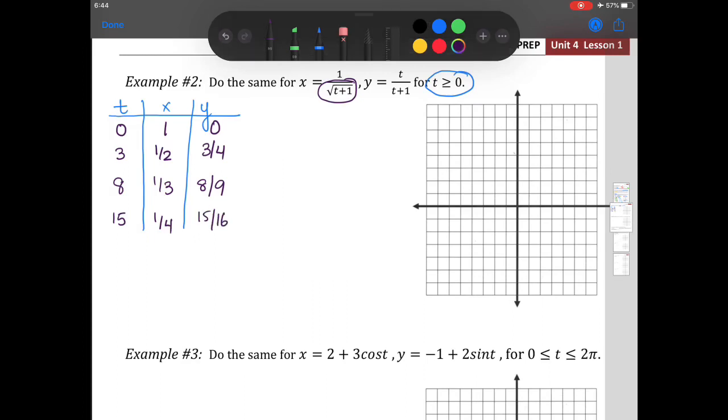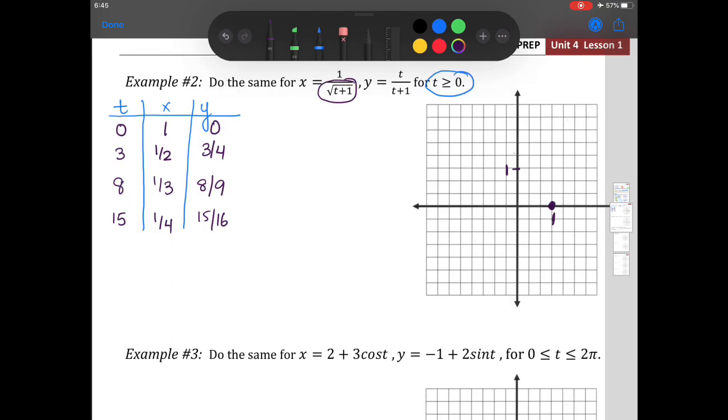15 over 16. And you can keep going on from there, right? So let's graph it now. When you're graphing, you're going to make sure that you are using your x and y points. So 1, 0. I'm going to actually go here. This is my 1. Let's make this 1. I'm scaling it, and if I want to scale the y-axis also, this is going to be 1. So this is 1, 0,